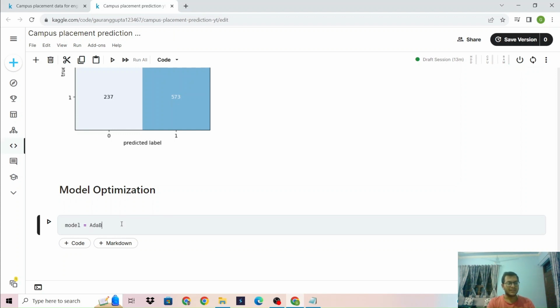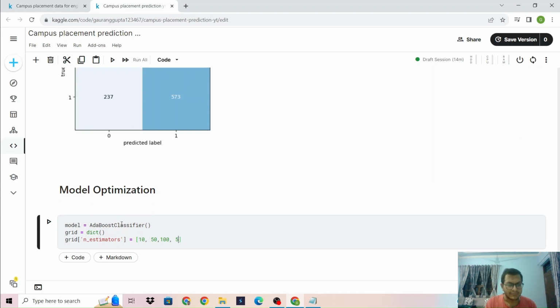So model will be ada boost classifier, then grid will be equal to an empty dictionary, grid n estimators will be 10, 50, 100 and 500, then grid learning rate will be 0.0001, 0.001, 0.01, 0.1, 1.0,